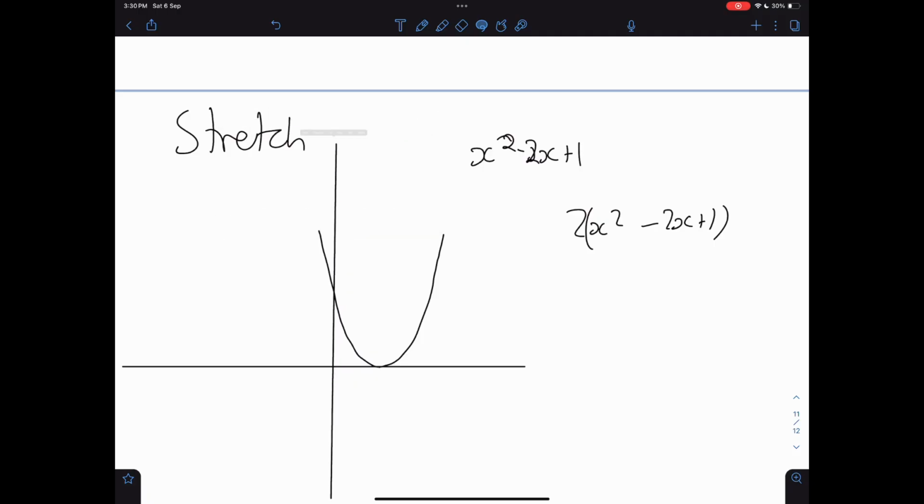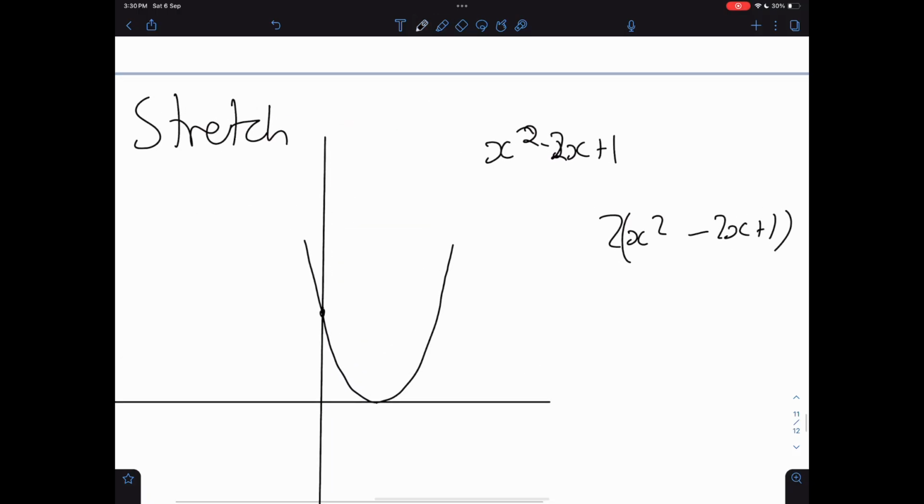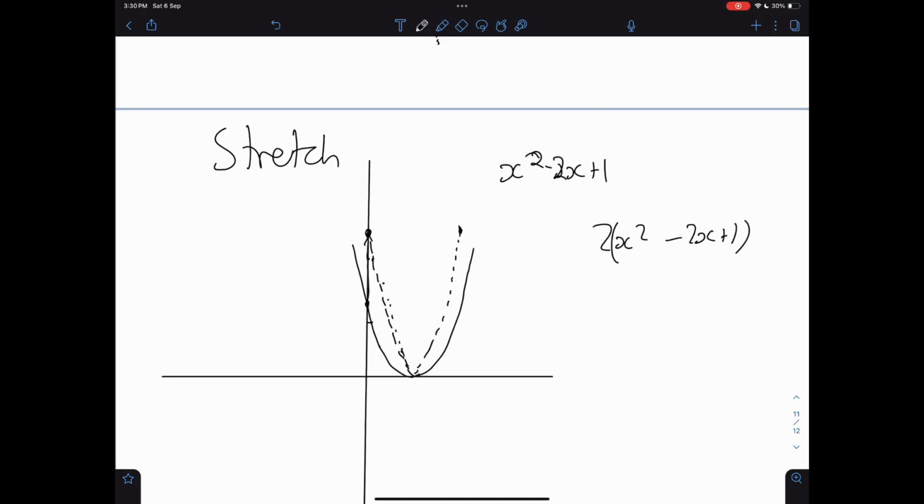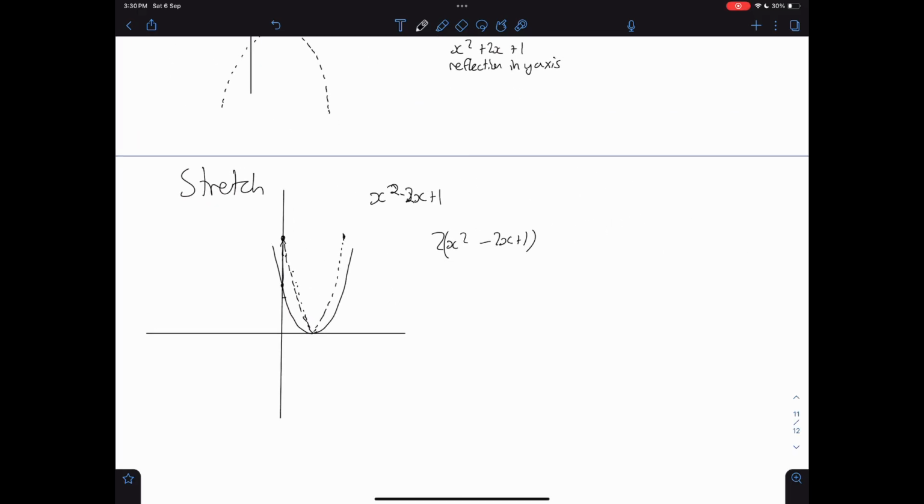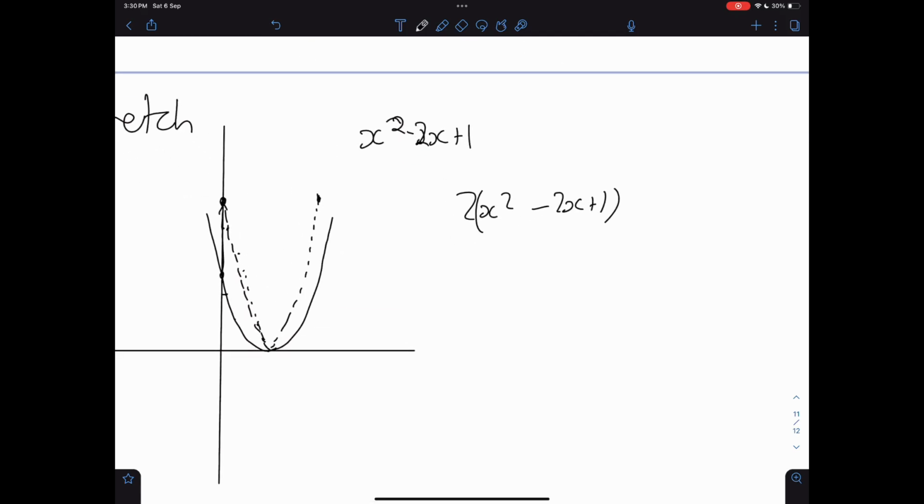So now this is going to go all the way up here to become this. Then here, we're going to double it like that. So I double it, just keep doubling it. At 0, it's still going to be 0. Let me try to make this a bit parabolic there. And if you think about it, it's actually been stretched out along the y-axis. So we would say this is a stretch